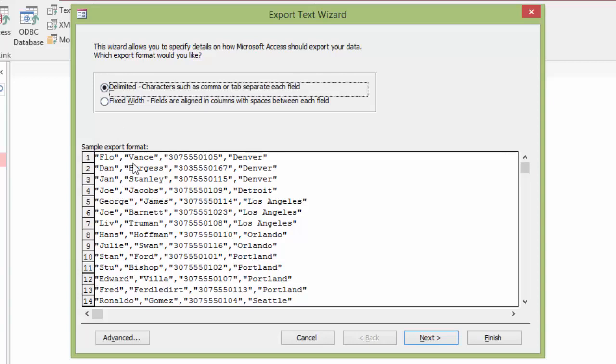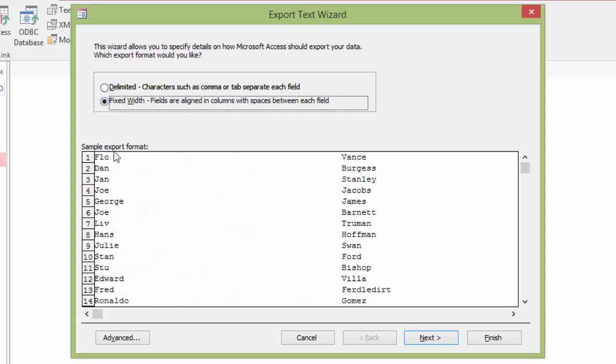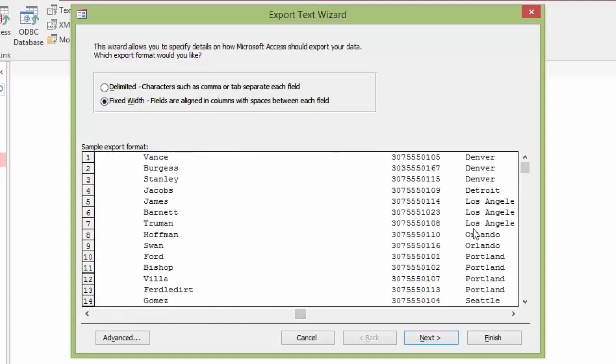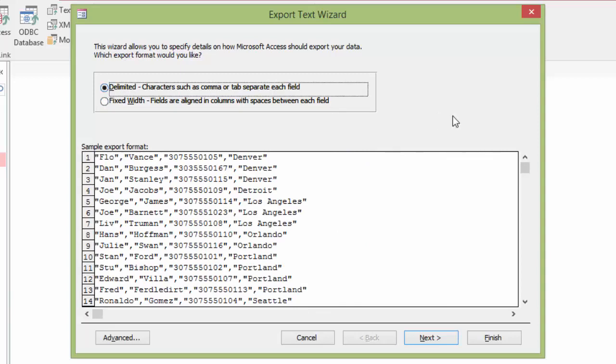And you'll notice it's all set up to preview here, so it has the text in quotes, then a comma to separate each field, and then more text in quotes, comma to separate the next field, and so on and so forth all the way through. And you'll notice if we click fixed width, then what it does is it's basically spacing them apart. And you can see as you scroll to the right here that it does that all across. But we want delimited, so we can do a comma separated values file. We're going to click next,